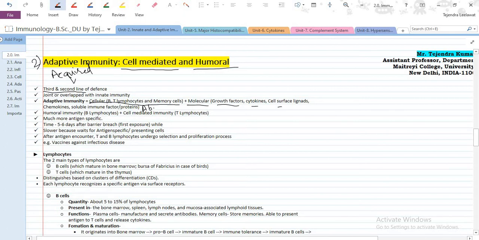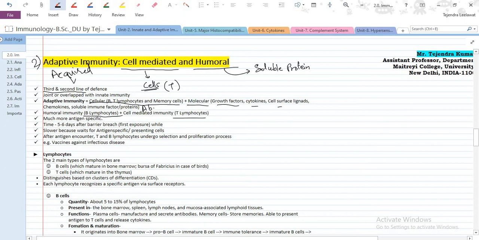Humoral immunity mainly relies on the B lymphocyte, whereas cell-mediated immunity mainly relies on the T lymphocyte. Humoral itself means soluble types of proteins they contain, whereas cell-mediated, as its name suggests, mainly involves cells. That's why we can say there are T cells, because T cells always produce more types of cells which can help in creating immunity in the form of cells,